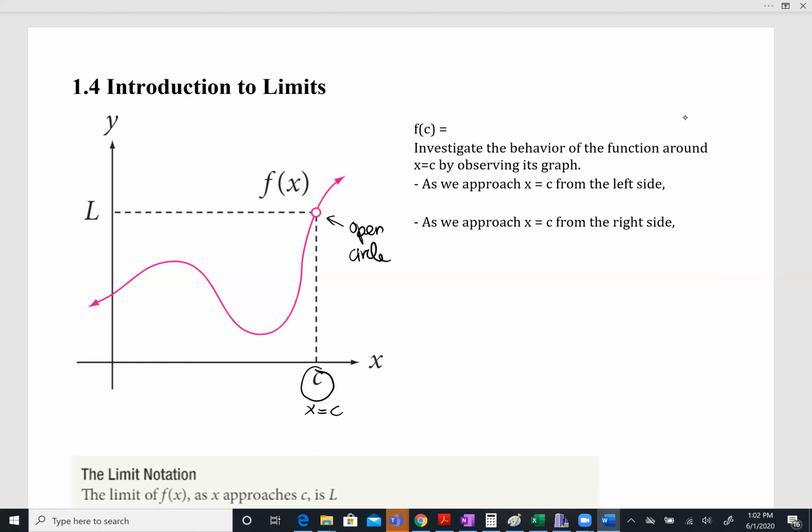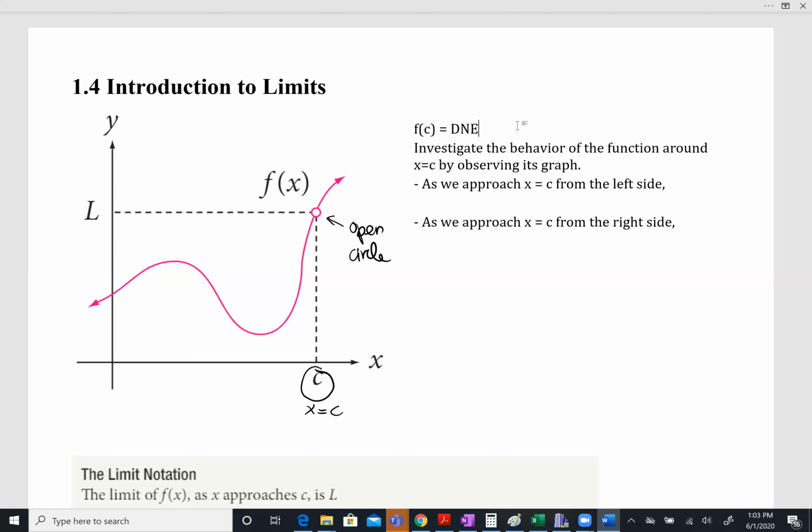So that means what? f(c) here will be equal to DNE, or doesn't exist. Okay, so if I ask you about the value of f(x) when x equal to c on the graph here, give me f(c) equal to DNE. Okay, now